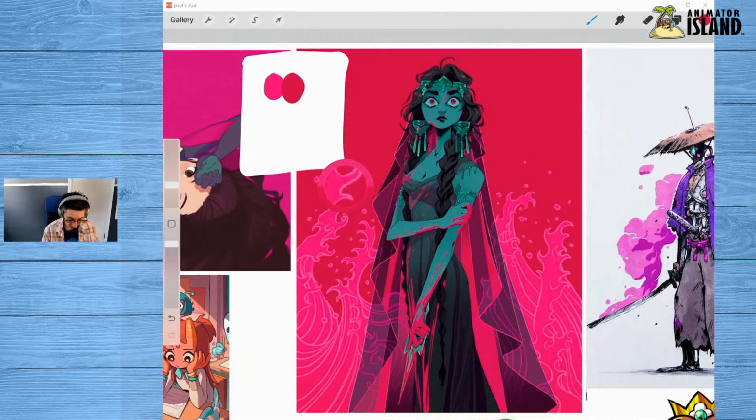Look at the line color choice that they picked. It's lighter than what's inside of it. And that's something that is really nice to use subtly here and there. They have also used it in the drapery of her veil. They've gone with a lighter line, and so that contrasts nicely.